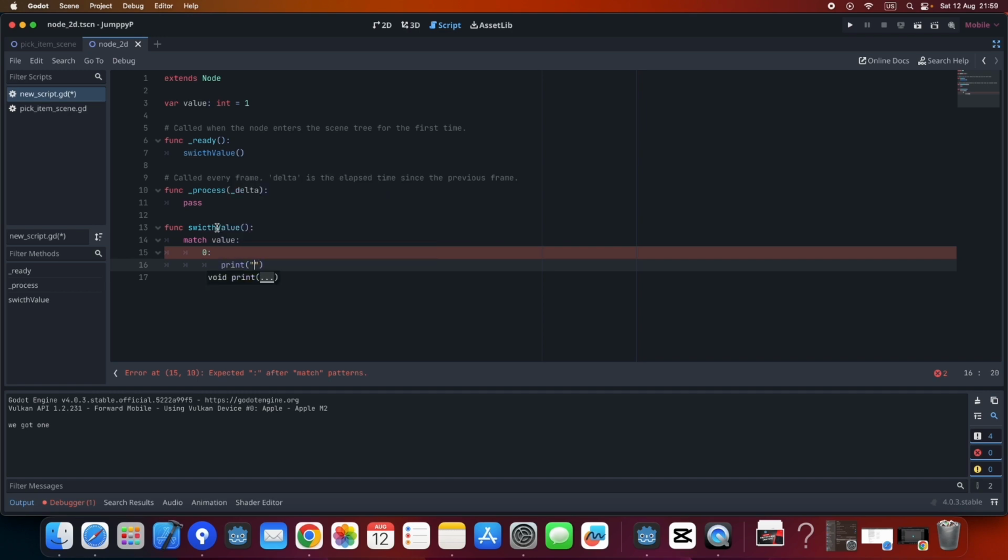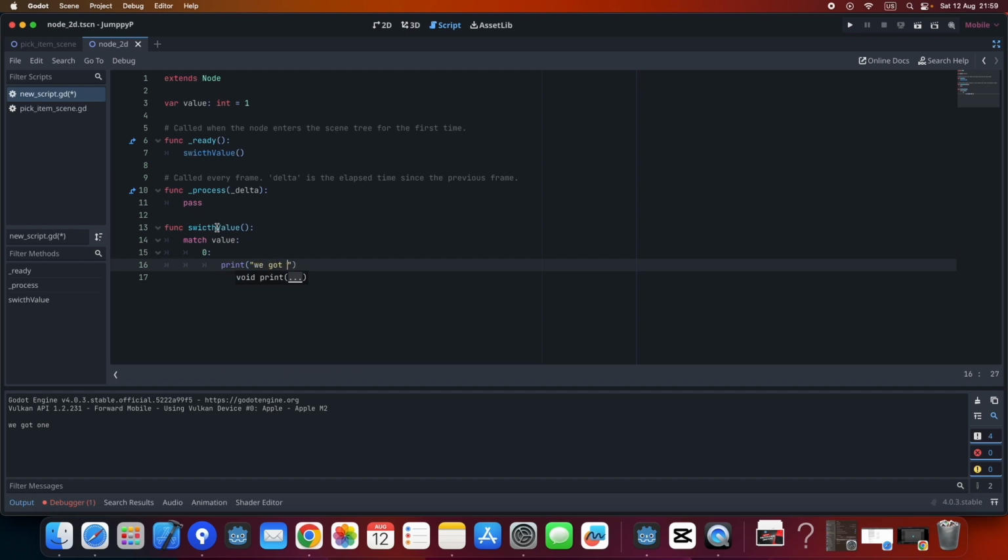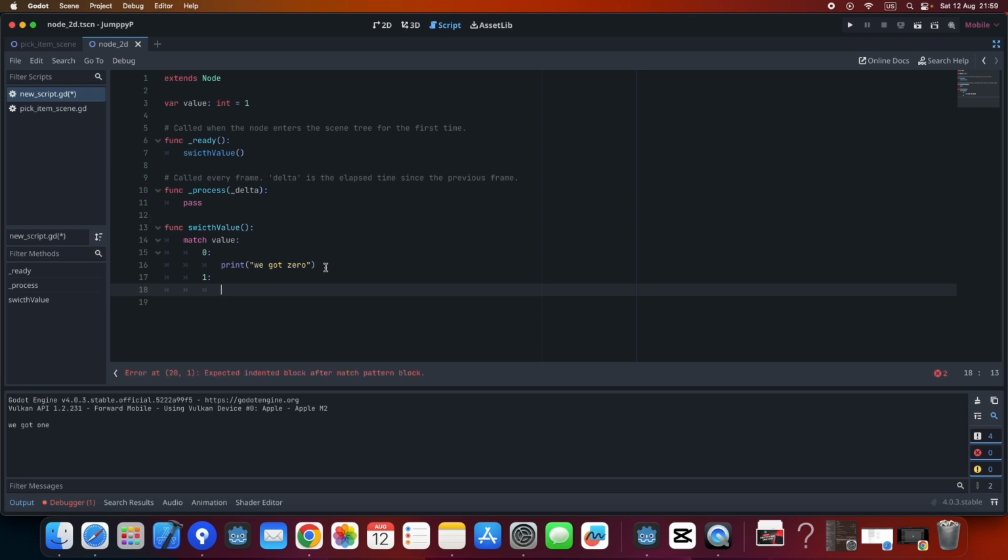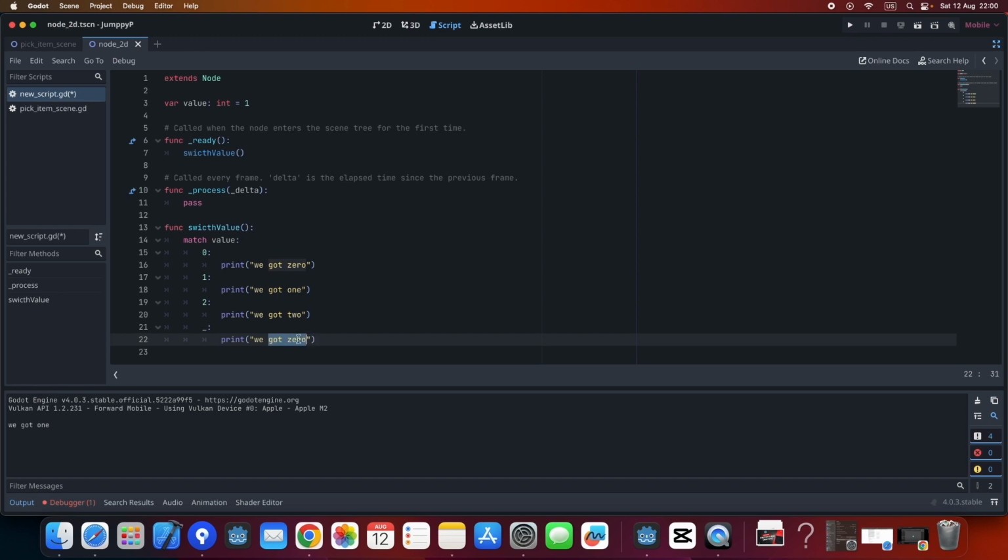So I'm gonna print we got 0, and then we can do as much as we want. For this case is matching over an integer value, so let's do some more. And then for default value we have to do the underline case, and we can say we got nothing,